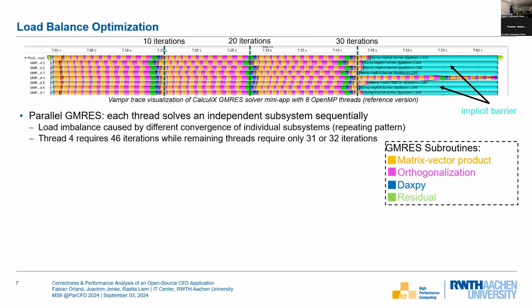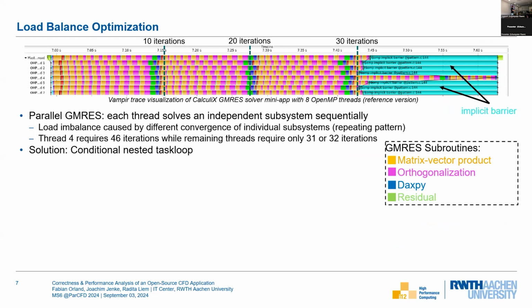But for a single thread, it required like, what was it, 46 iterations to converge. And while this one thread is computing, all the other threads are waiting and idling in this implicit barrier, which is of course not very efficient and leads to this load imbalance that we saw before. And our solution to tackle this problem was then to implement an approach that we just called a conditional nested